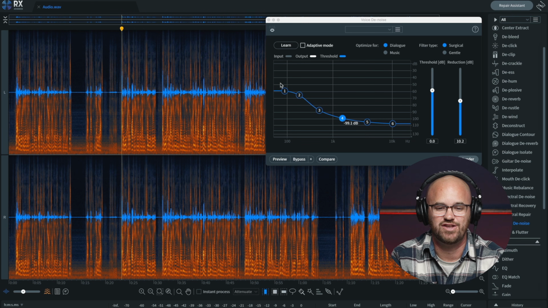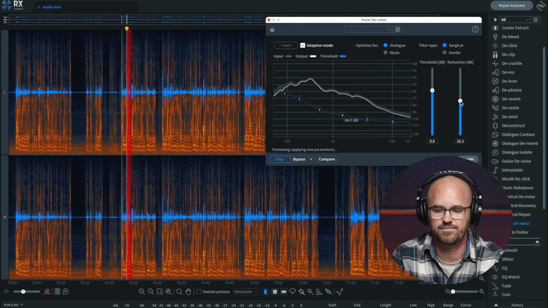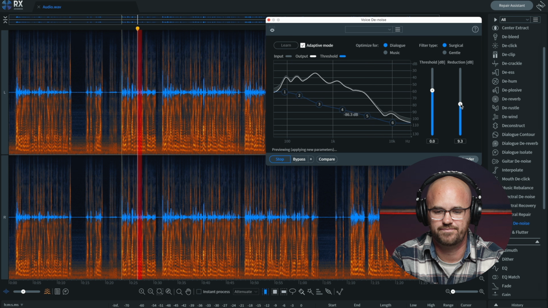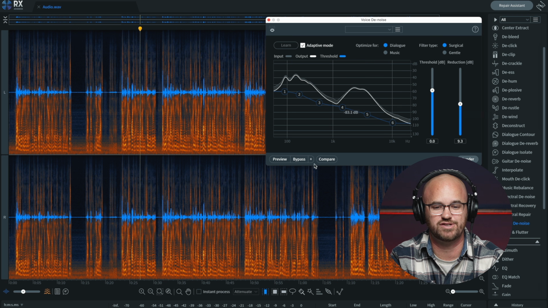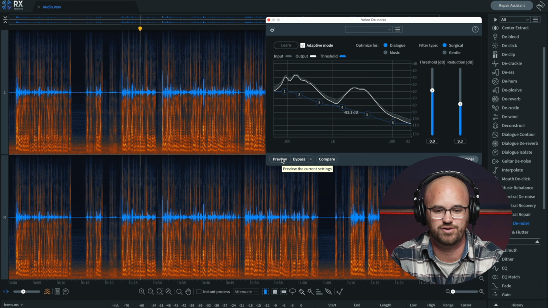Now, if you're in a case like this that is actually fairly simple for iZotope in comparison to how much it can process crazy sounds, you could also just use their adaptive mode, which basically allows it to automatically adjust based on what it thinks it needs to do. So if I go ahead and click on adaptive here and preview, you'll see that even at that same reduction, it'll do pretty much still the same job. That's where the beauty of iZotope RX Advanced comes in. And you can see that in adaptive mode, all that stuff is changing in real time on the actual plugin for you to be able to adjust whatever you want.